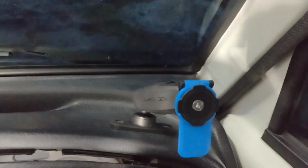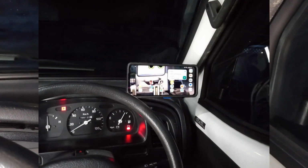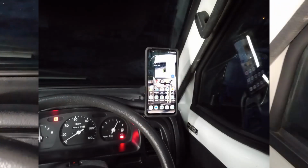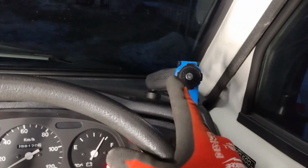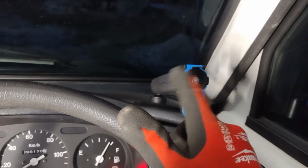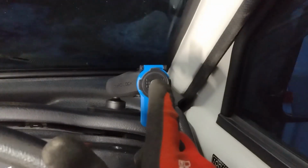I'll show some photos of the phone in both the vertical and horizontal position, and it looks good. It works great. It's out of the way. It doesn't block the vent, doesn't block my view. Actually, when I'm steering, I can just pretty much reach over with my fingers and touch the screen. This will be my temporary stereo